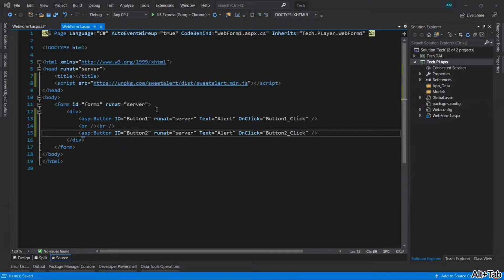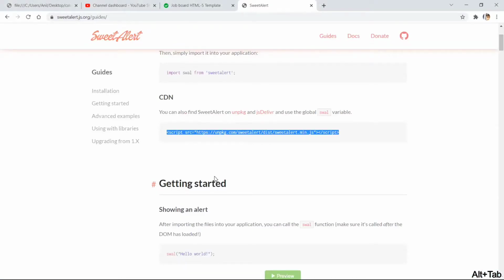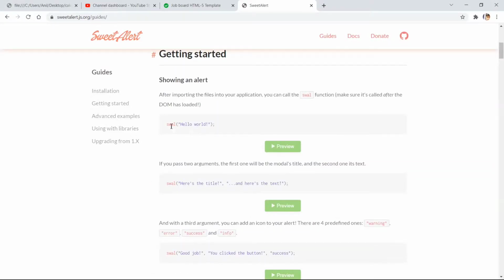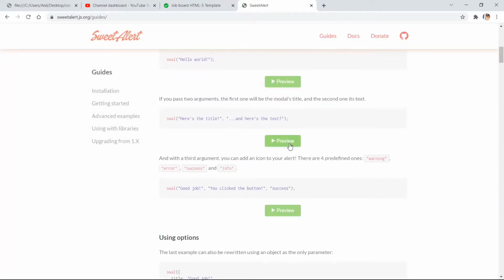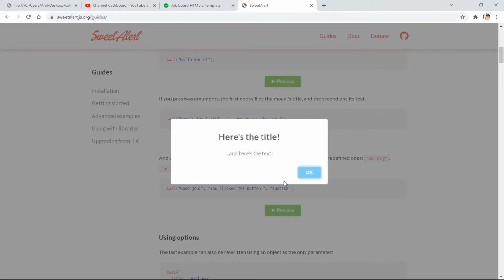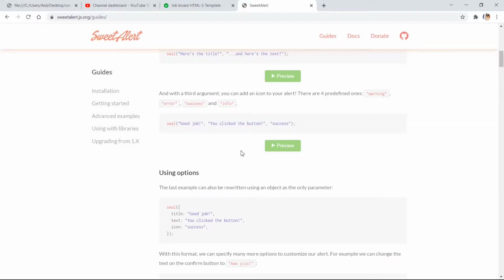Let's see the documentation part here, how we can use it. It's a function named swal, and in that we can display our message. Okay, so you can preview here hello world, then title and text will look like this.